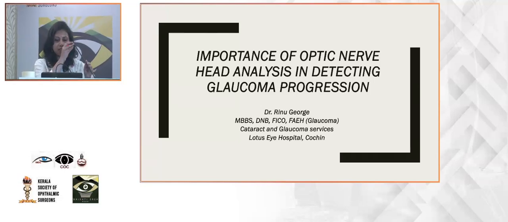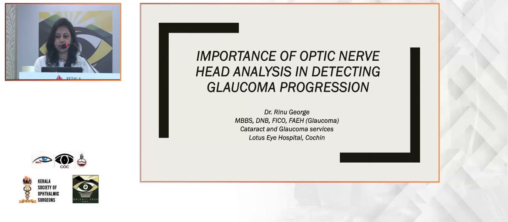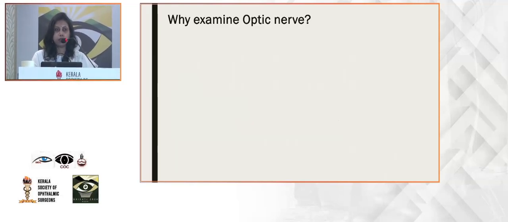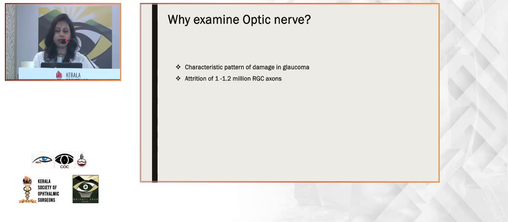My topic for discussion today is the importance of optic nerve head analysis in detecting glaucoma progression. So why do we need to examine the optic nerve? Because it is the site where the damage due to glaucoma is most prevalent or most seen. The optic nerve is nothing but a bundle of axons of retinal ganglion cells as they exit from the retina